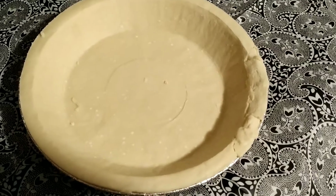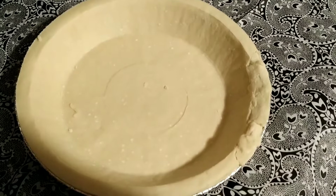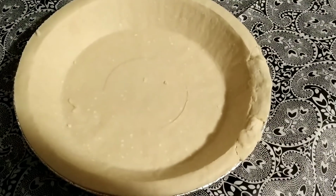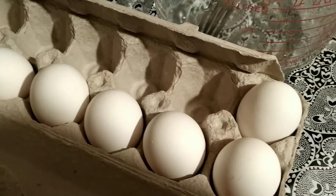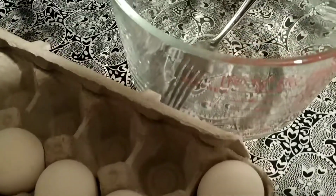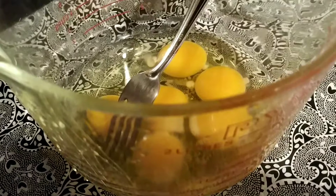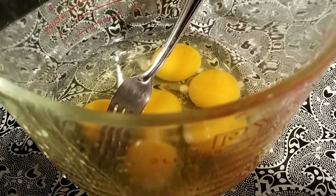Guys, I am going to make a very fast and easy vegetarian quiche. And what you need is a pie crust. And you need about 5 or 6 eggs and a mixing bowl and a fork. So I put in 6 eggs, and now you can